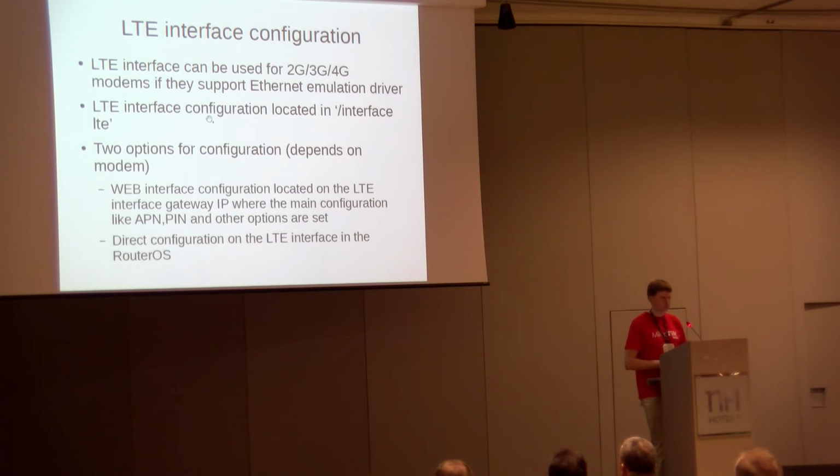And there's another option depending on the modem you're getting. The configuration for the LTE modem could happen on the modem itself. You connect the modem to the router, you get an IP address on the router, you see some local IP address and the default gateway, and you see that you get to the internet as well. But you want to configure it, and you see there are no options in the interface LTE. As you start configuring, it shows an error. It means this modem supports a web interface.